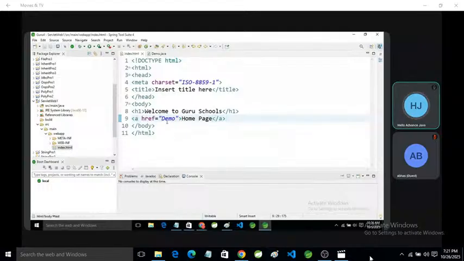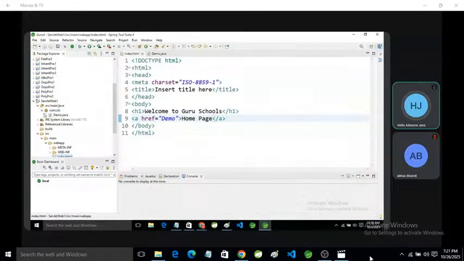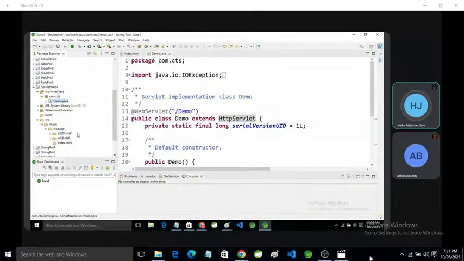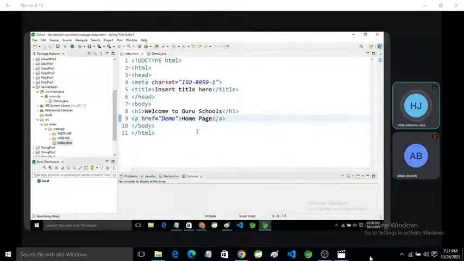Through this we are calling this page, named demo. You can see here is the demo class. This is the servlet, and through the anchor tag we are calling this. So we are using this URL. Okay, so now I'm going to execute it.